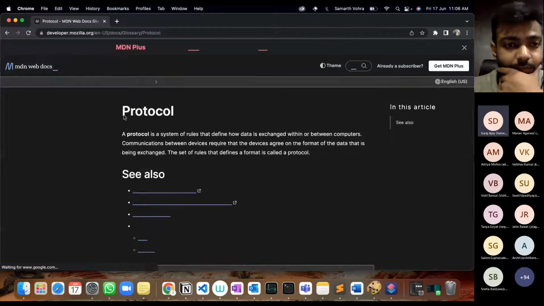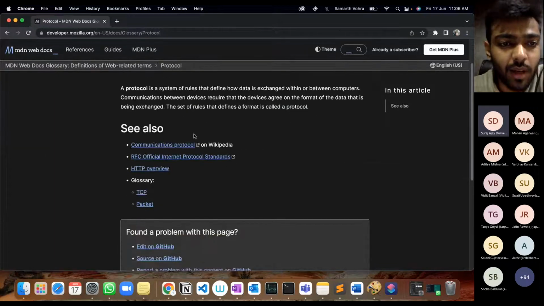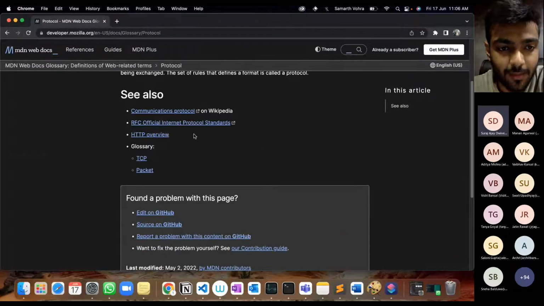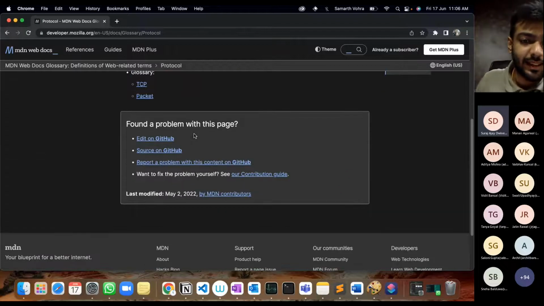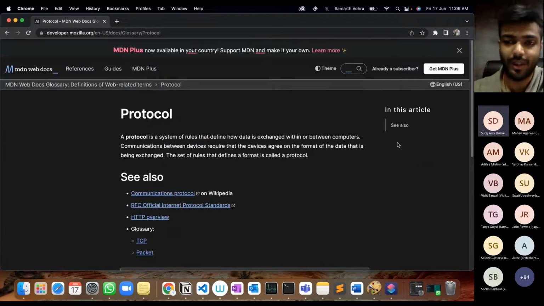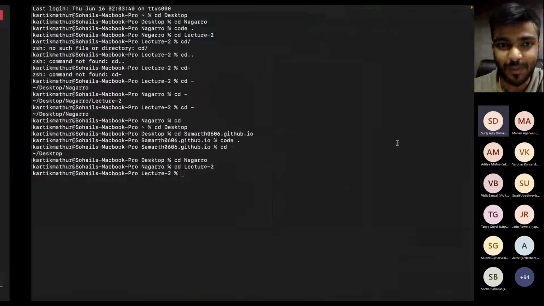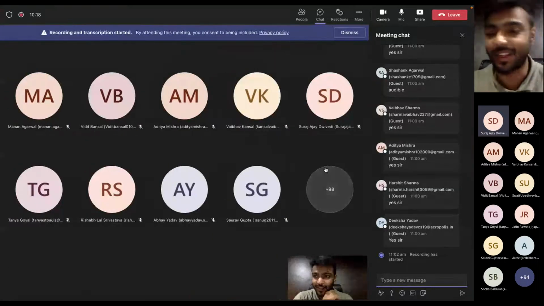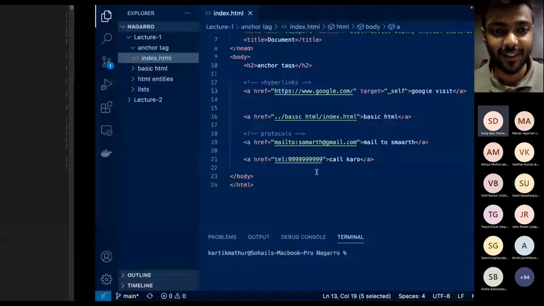We can easily read about the MDN protocol system, rules, exchange data. Whenever you get any sort of doubts or you get stuck somewhere in between, MDN will help you out everywhere. So make sure you use that properly and efficiently. Being a developer, it's a good practice. So okay,